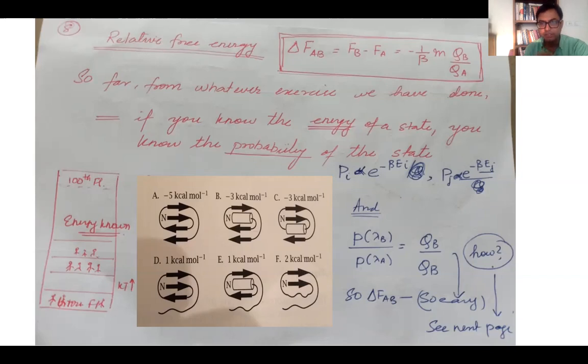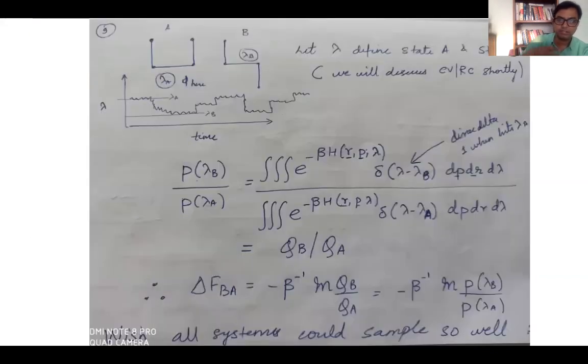So if your system is able to sample the states, let's say state A and state B, in a seamless fashion, then the ratio of the probabilities of that sampling would be equivalent to the ratio of the partition functions, and things jump out very nicely out of here. And we saw, I discussed this, we took the example of alanine dipeptide, and said that if you run it for 10 nanoseconds, the whole phi psi, and assuming that phi and psi are your two collective variables, you would want to see if you are able to get the Ramachandran map, and you should be able to.